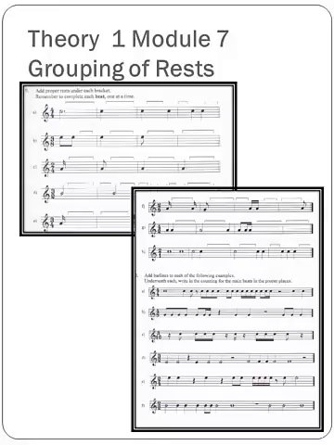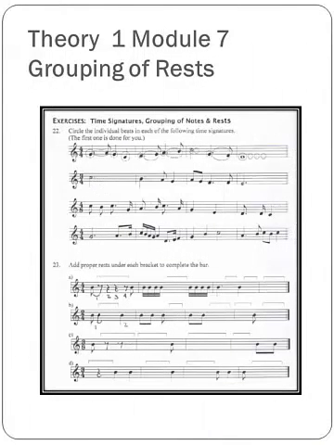Number 20, add bar lines to each of the following examples. Underneath each, write in the counting for the main beats in the proper places. Make sure that when you're writing in the beats that they're under the correct notes. Okay? The next question